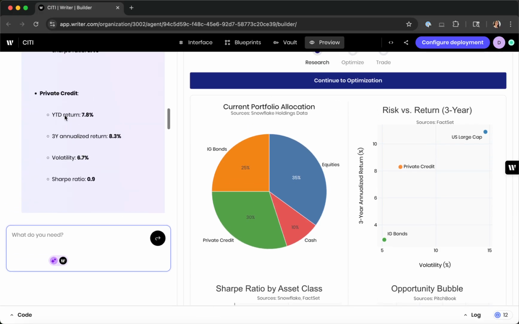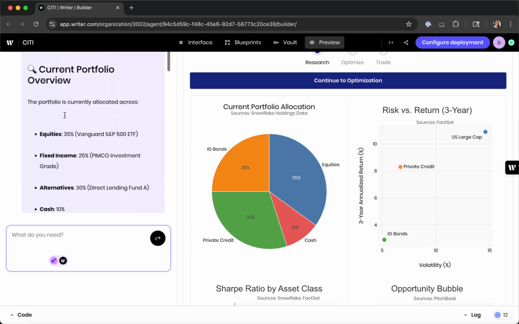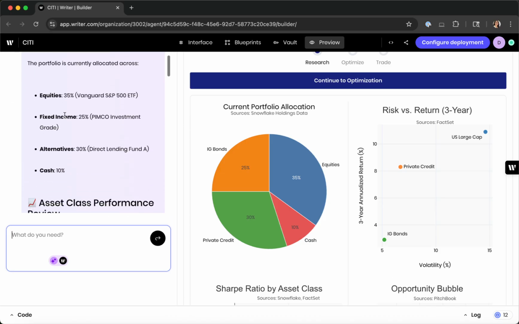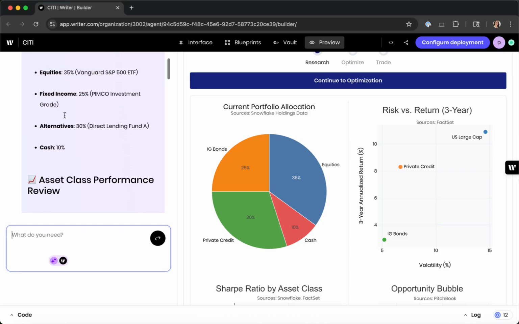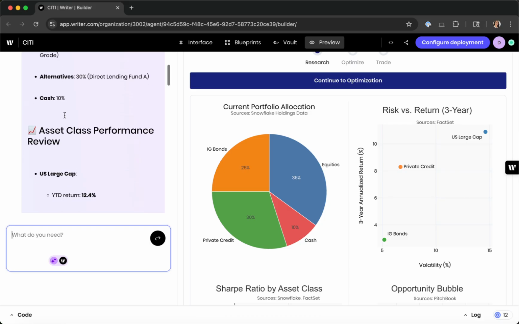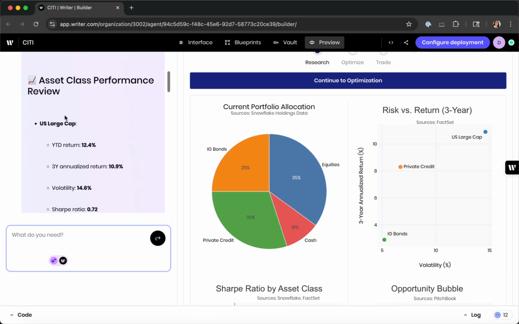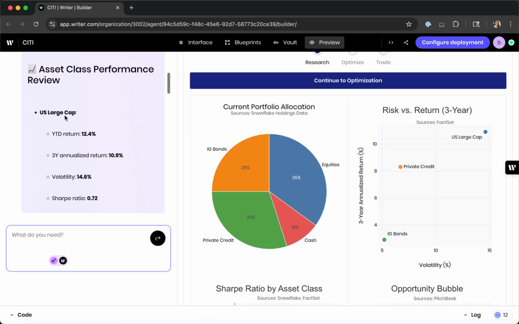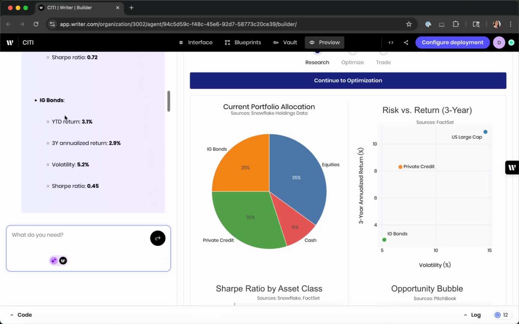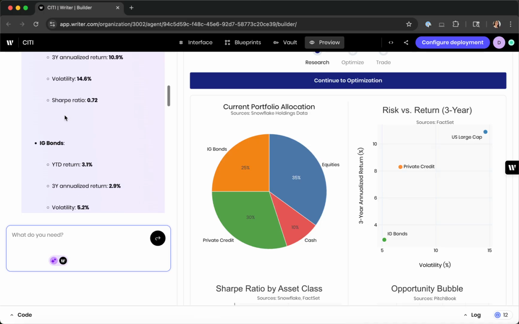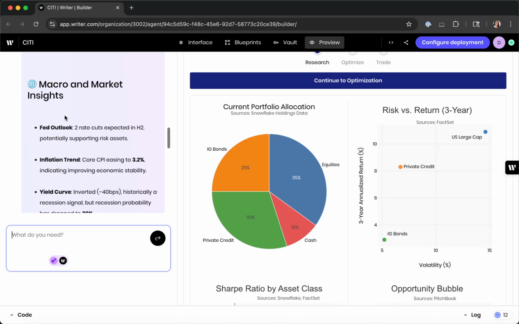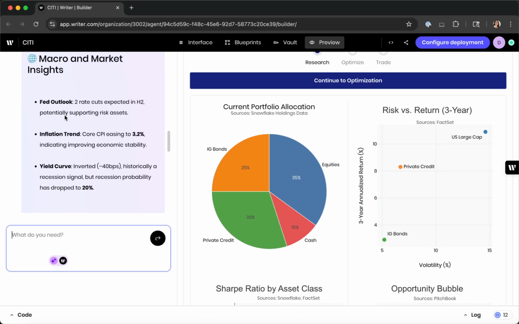So as you see here, Writer pulled up a current portfolio overview of what you are invested in, what your asset allocation mix looks like. Here we see the manager is invested in equities, fixed income, and alternatives, as well as cash. It gives you performance by asset class over the period, calculates things like Sharpe ratios, volatility, and then also collects